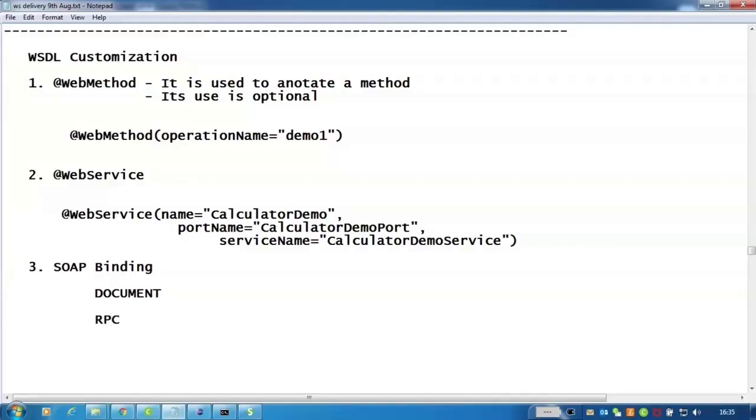Now the question is, what is the difference between document binding and RPC binding? Document binding is the default. By default, in the sense that when you created this web service, we got